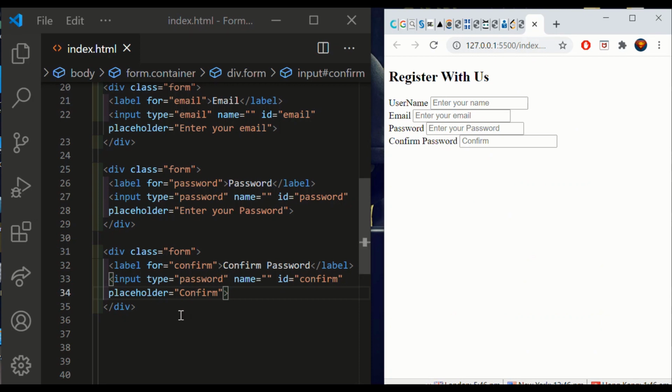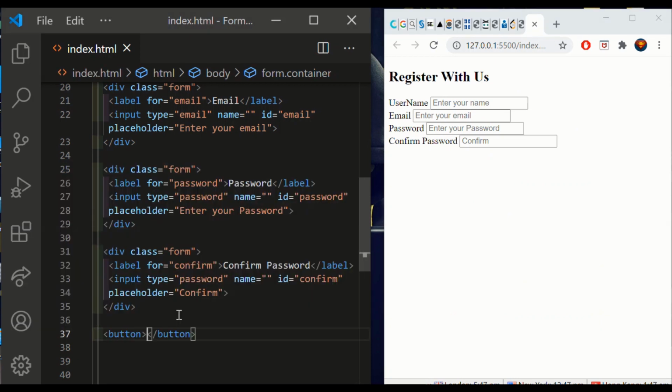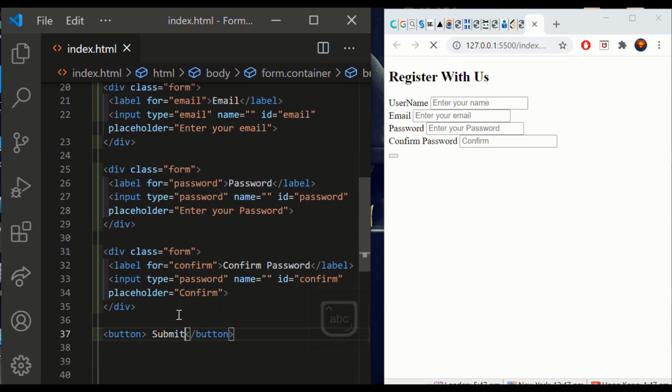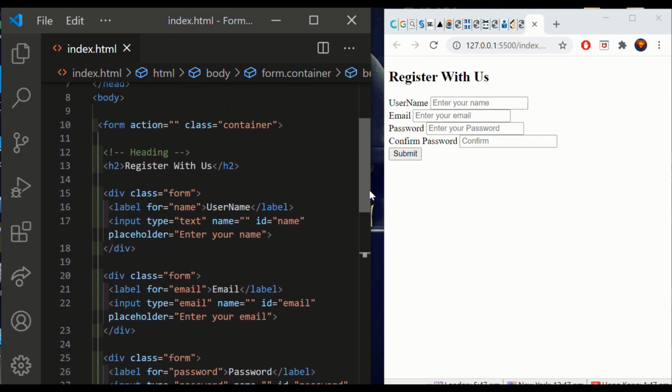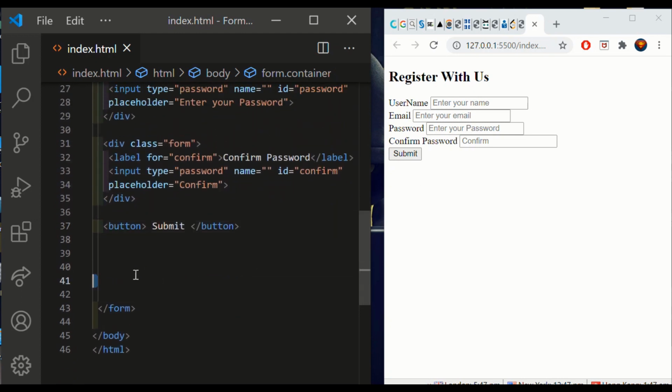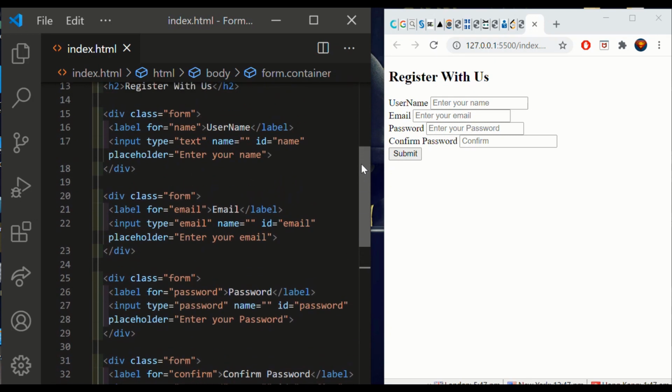So we're gonna create a button in here, button submit. Yep, so we are done with our HTML here. Everything, we included everything. That's it. Now let's move to our